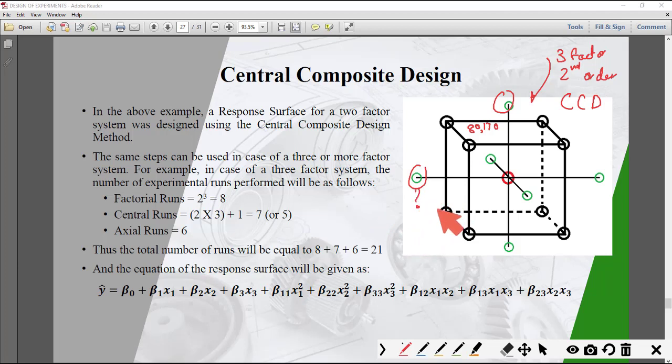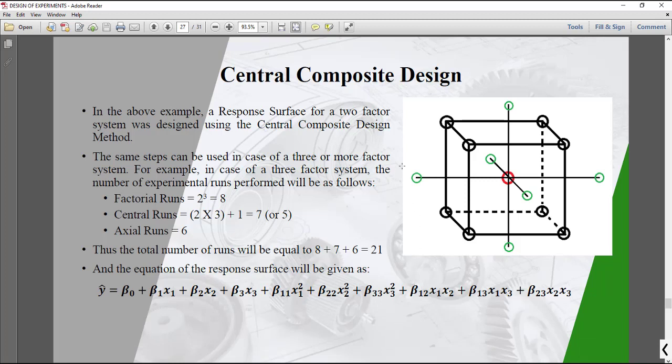Then what is the value of this? They will also give you the central value, it might be 85, 175. What is the value of this? What is the value of this? What is the value of this? These can be the kind of questions that they can ask. I don't know what they are going to ask, but this kind of question can be asked in an MCQ, right? So this is basically central composite design. Central composite design is a method of finding the second order response surface. Why do we find the second order response surface? By finding it, we can find the equation of the contour, that is the equation of the curve.